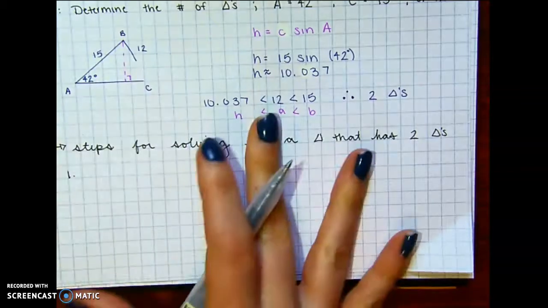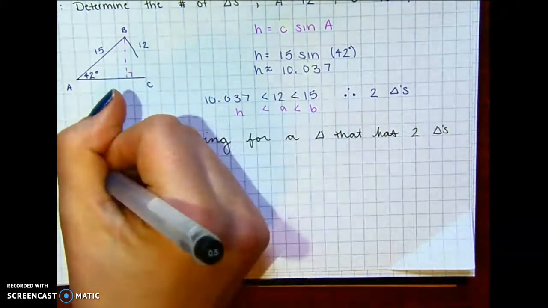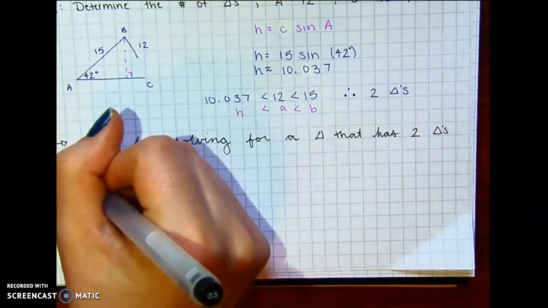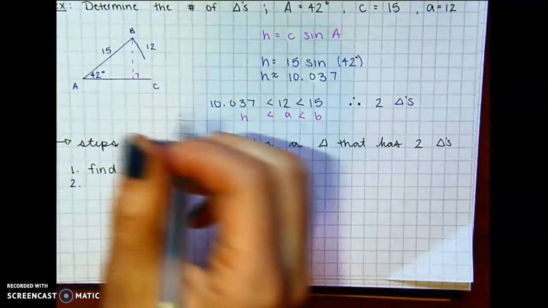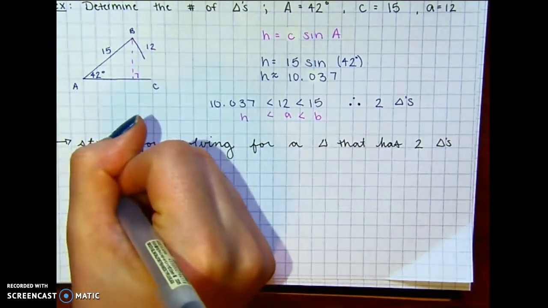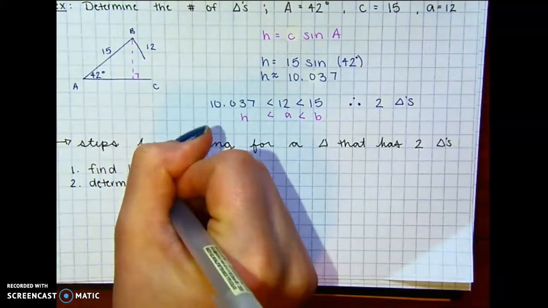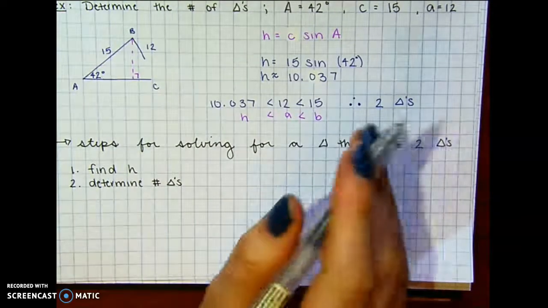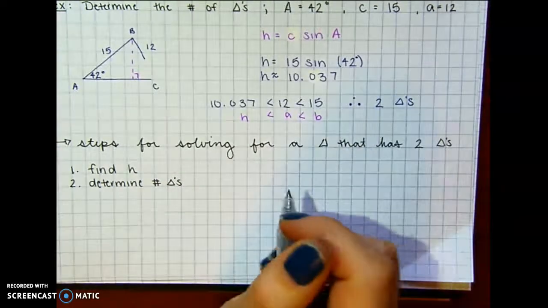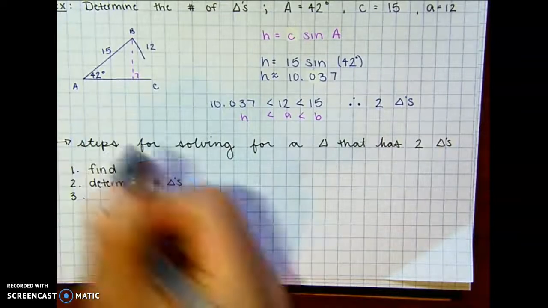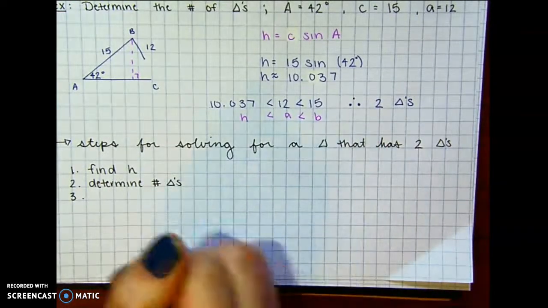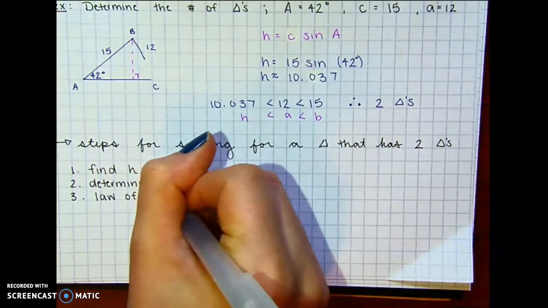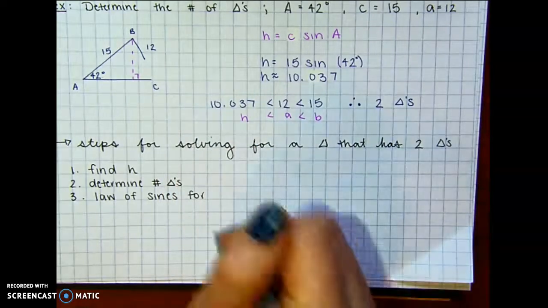So the first thing you need to do is find the height. And you need to show that you've determined this. You need to determine how many triangles. And if you've determined that there's two potential triangles, now you need to solve for them. So technically now we're on the third step, but once you've determined there's two triangles, you want to use the law of sines for your angle